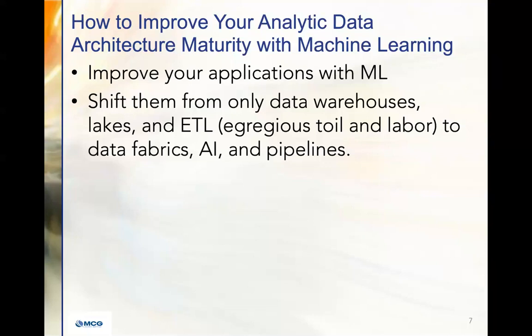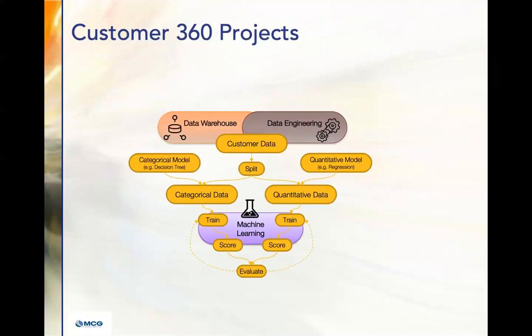Let's start with customer 360 projects. Like customer churn, you're doing customer churn management. To do that at scale requires machine learning today. Now, the old stack, and where some of you probably are, no doubt, you're looking at shallow things like spend. And when you see that spend trailing off, you begin to think, well, this customer might churn. So let's do something about it. And that something that you do is from a very small list. Maybe there's one thing that you do about it. Send them a promotion, something like that. It has to be much more nuanced than that to be efficient today.